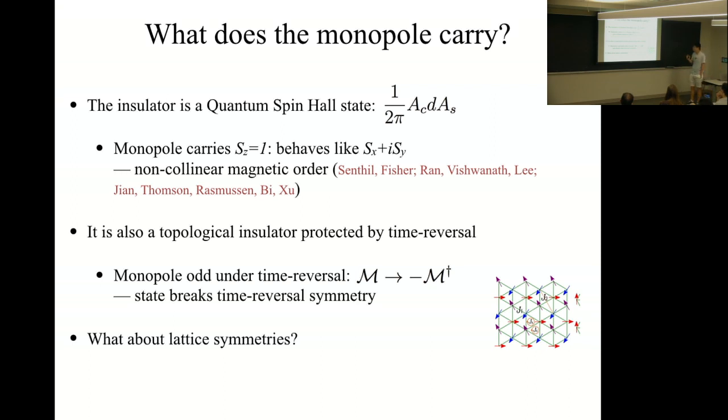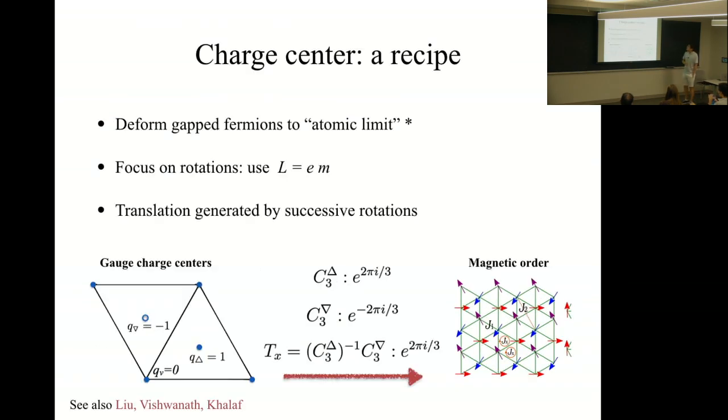Now the next question is, what about lattice symmetry? The thing is, on a triangle lattice, when you see an order parameter that looks like S_x plus i S_y that breaks time reversal, already the most familiar picture would be something like this. That's the most famous antiferromagnet on the triangle lattice. But the question is, is it really that? The spin rotation and time reversal properties fit, but this picture also comes with a specific pattern of lattice symmetry breaking. So does it fit there? Yeah, so that's the story.